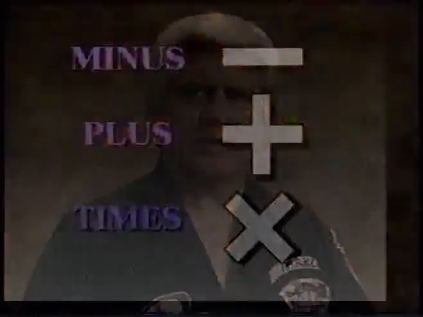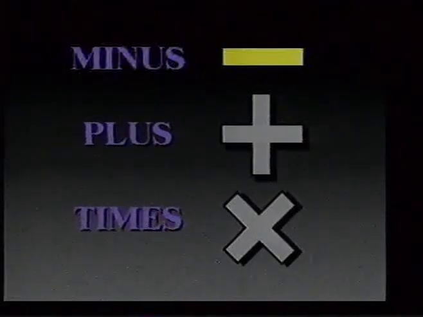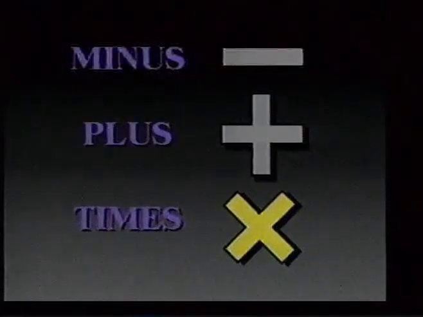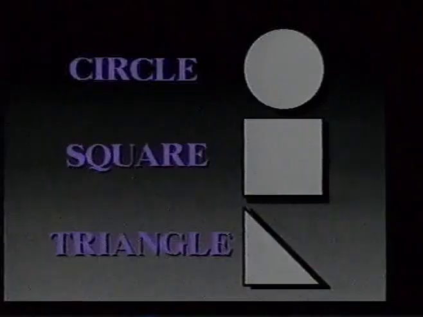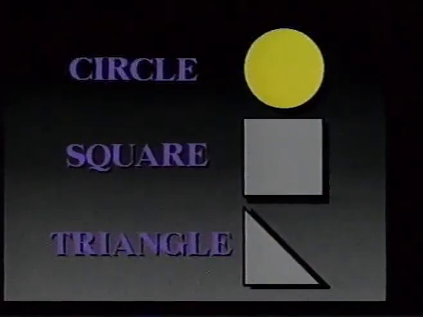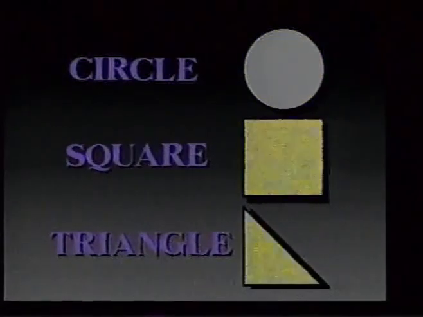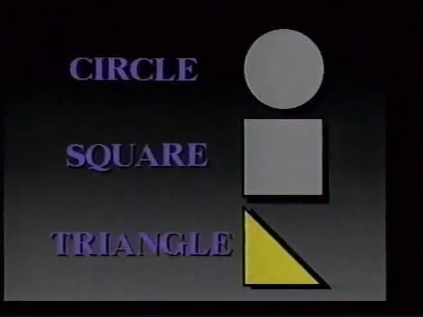The 3 mathematic symbols are the minus sign, used in subtraction, the plus sign, used in addition, and the times sign, used in multiplication. The three geometric symbols are the circle, square, and triangle. All of these symbols will be used periodically throughout my videos to simplify your learning. Both mathematic and geometric symbol concepts and the clock principle can be used interchangeably, thus providing similar results and benefits.